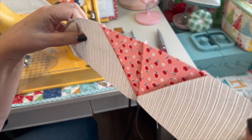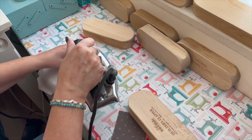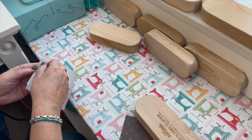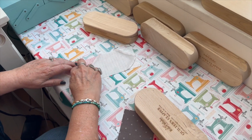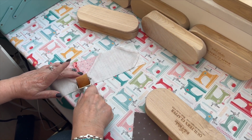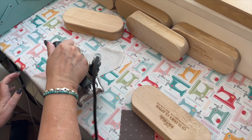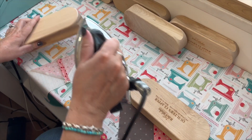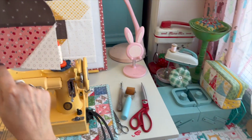Okay, so for sure I'm going to press this open because I don't really want to press it to one side, but I do want to set the seam first. Especially where those meet right there, I really like to use that roller real quick. And just get that nice and hot with the iron. Okay, now I can go ahead and do the other